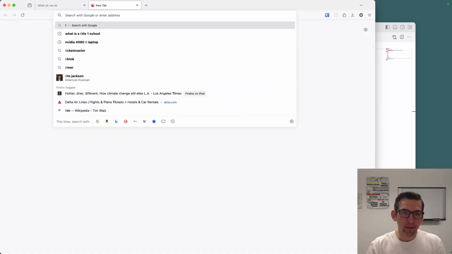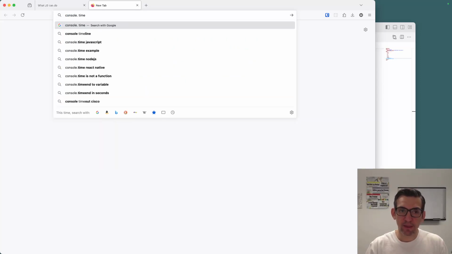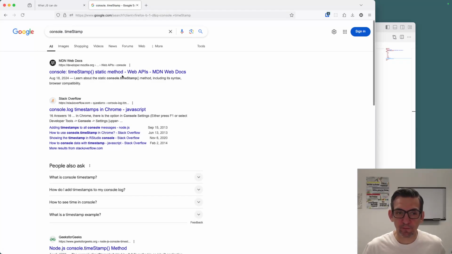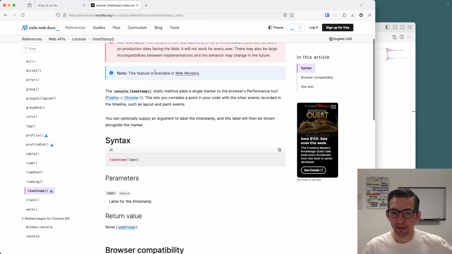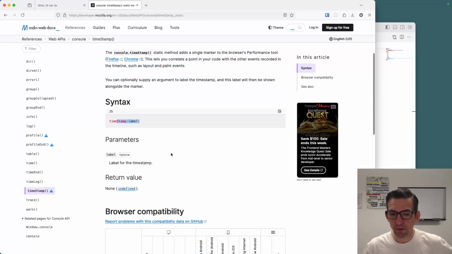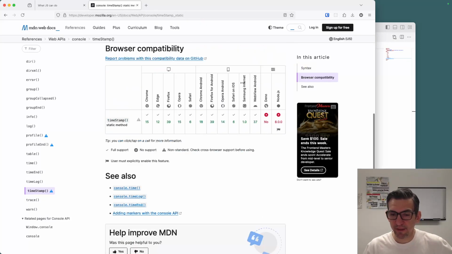Let's Google console timestamp and see if we can find the answer. So timestamp is a static method in the console, so you can give it a label. There you go, right? So it's perfect. This feature is non-standard, is not on a standard track. So maybe that's why it's not working, right? So if it's not on a standard track,